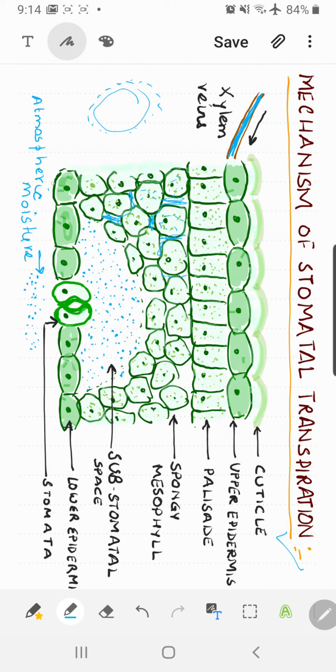Now what you have to notice is the lower epidermis is having the stomata. That means the water will be lost from this pathway. This is lower epidermis. That's why we always say stomata are present on the lower epidermis. Always understand that in the leaves, wherever the stomata is present, it always has some exclusive space for itself. That's the substomatal space. That means around the stomata, we never accommodate any of the cells. Why? Because to make the gaseous exchange or the water vapor exchange easy, some space should be remaining vacant here,